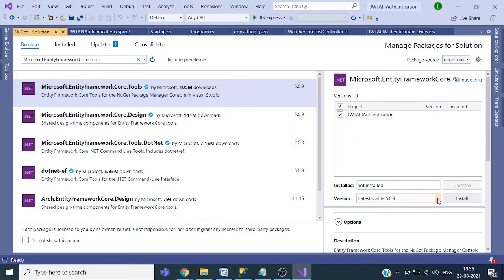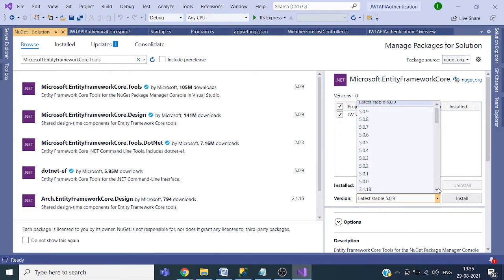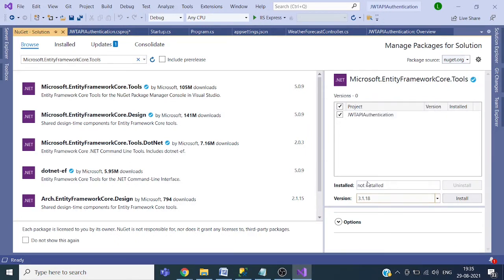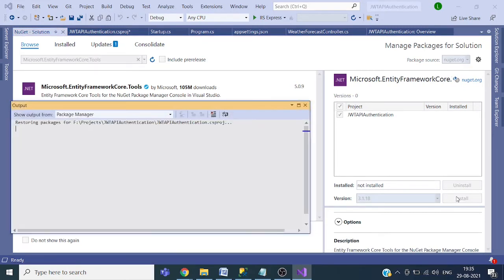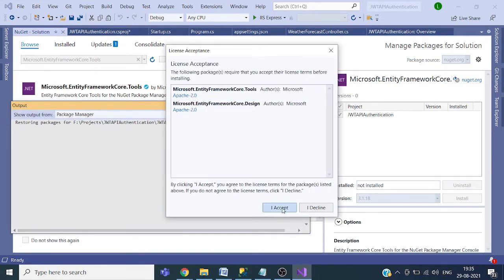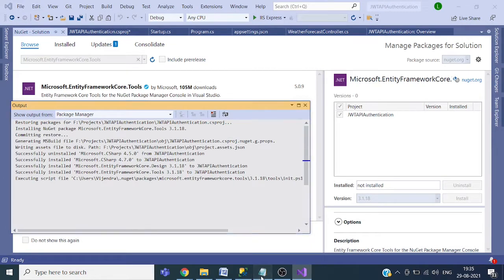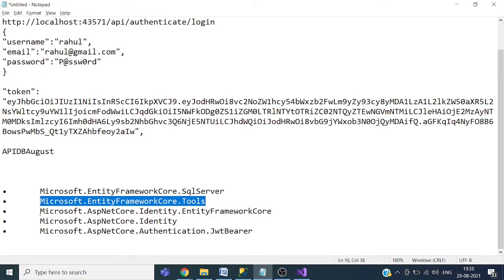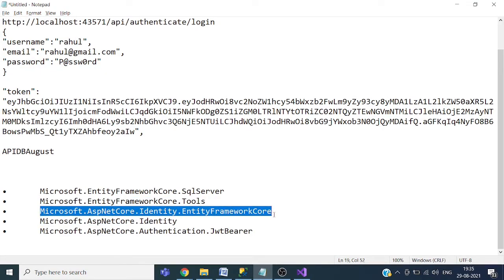So select 3.1.18, click on accept. Now we have installed Entity Framework.